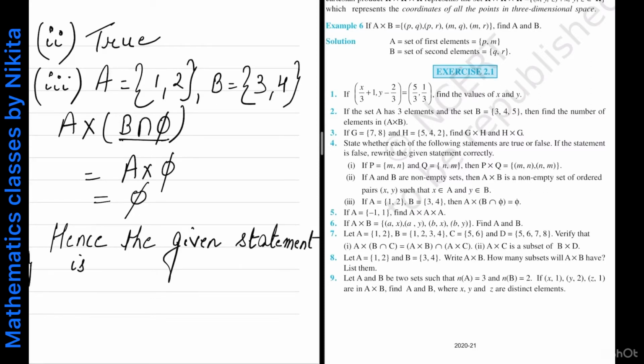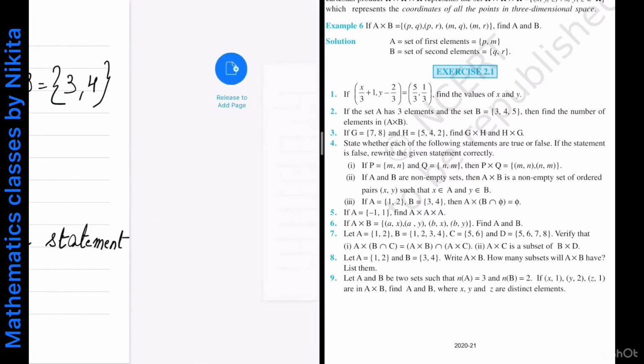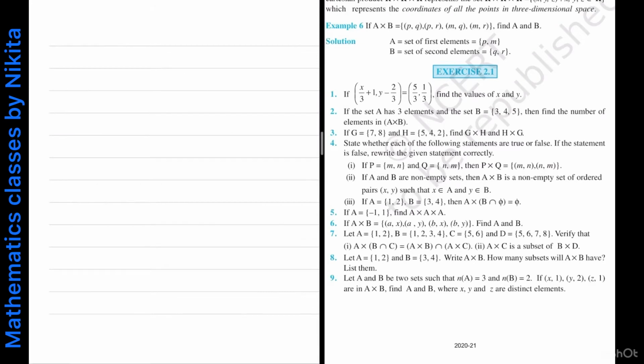So this is how you have to do question number 4. Now let's see question number 5. If A is equal to {-1, 1}, you have to find A cross A cross A. So what is given to you? It is given that A is equal to the set {-1, 1}, and you have to find what is A